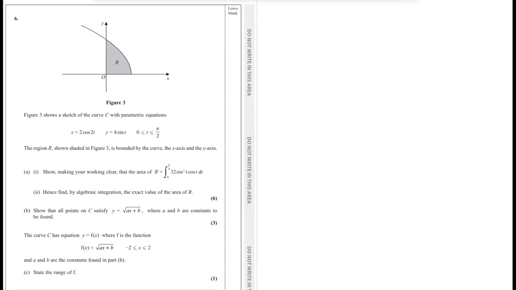So I don't want to use sine squared t plus cos squared t equals 1, because they just rely on both angles being t. I need the one with the cos to have a 2t in there. So again, we're going to go back to the double angle formulae, and I'm going to use that cos 2t is 1 minus 2